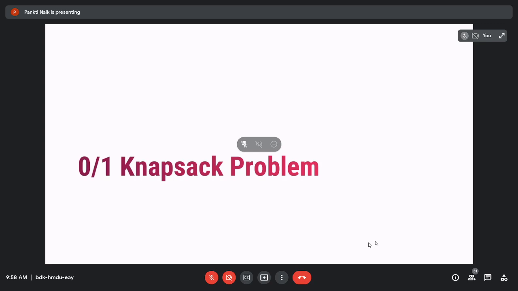All these subproblems are typically based on a recurrence relation. In this topic, we solve the knapsack problem using the dynamic programming approach.